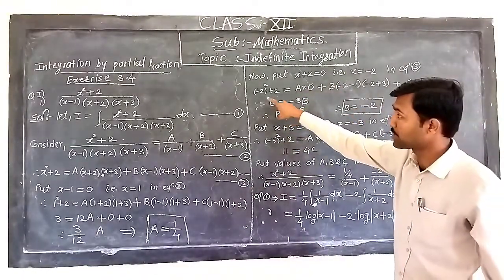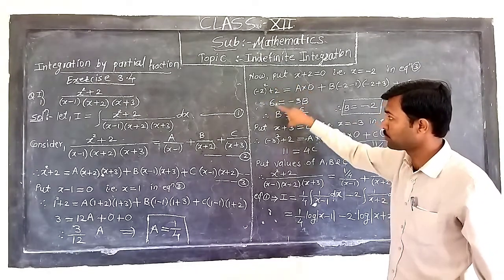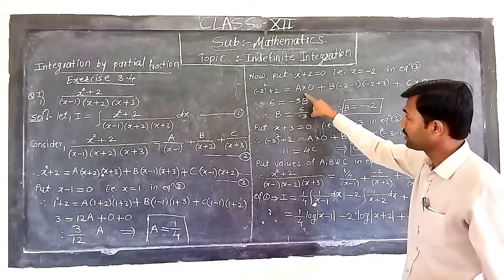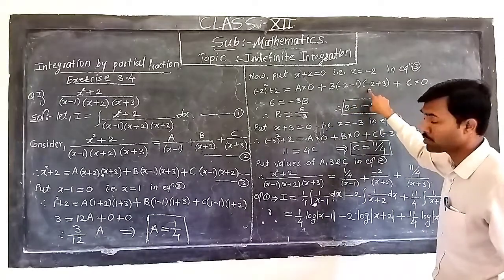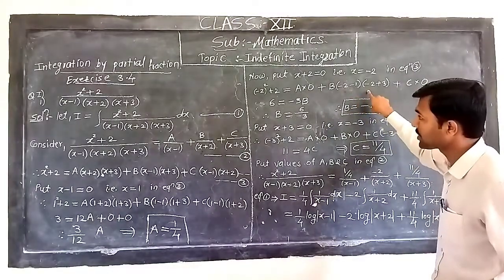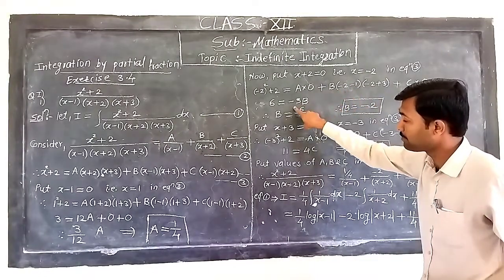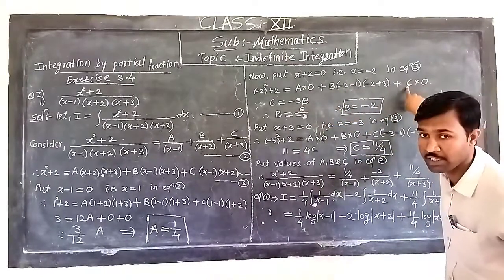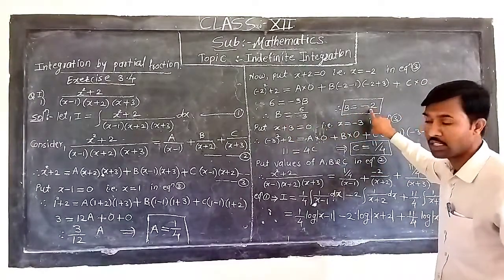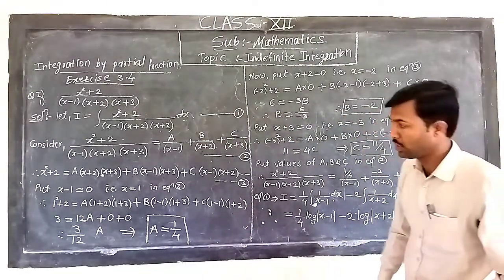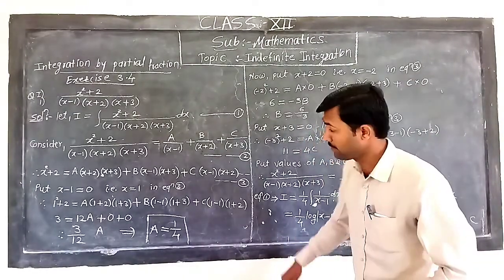Now this becomes minus 2 square is 4, 4 plus 2 is 6, equals 0, plus minus 2 minus 1 is minus 3, into minus 2 plus 3 is 1, minus 3 into 1 is minus 3, so minus 3 into b, it is minus 3b. This term is also 0, hence b is equals to minus 2. Okay, now our third constant, that is c.